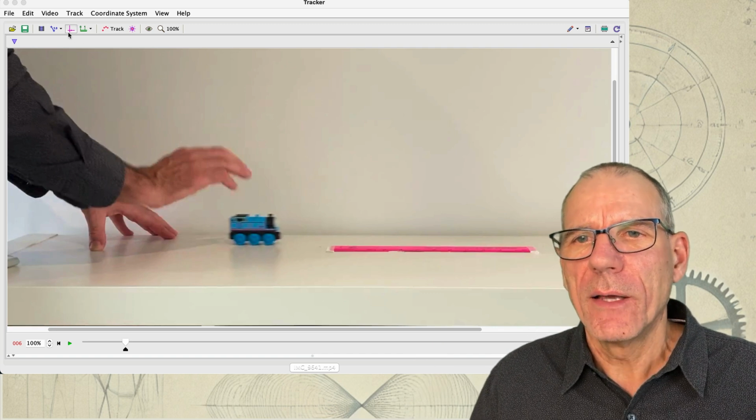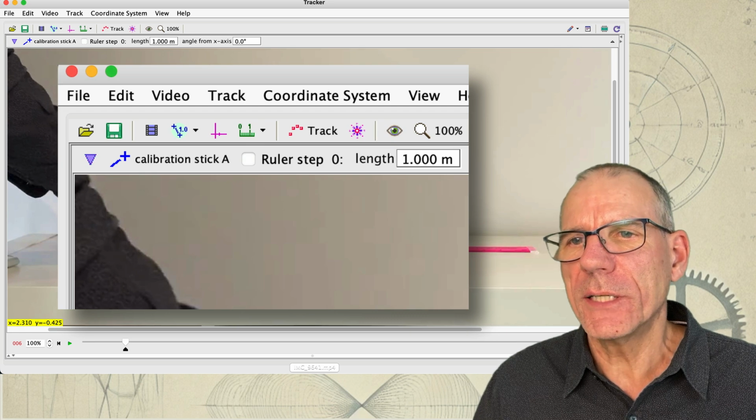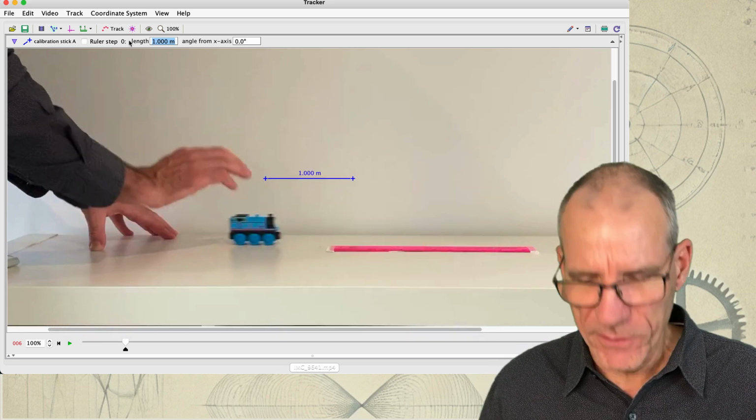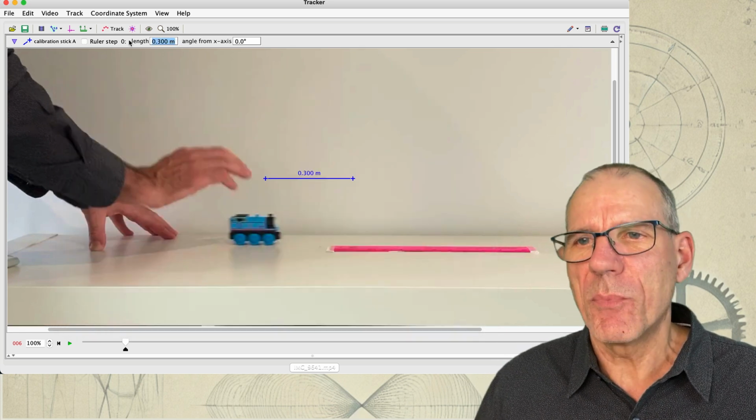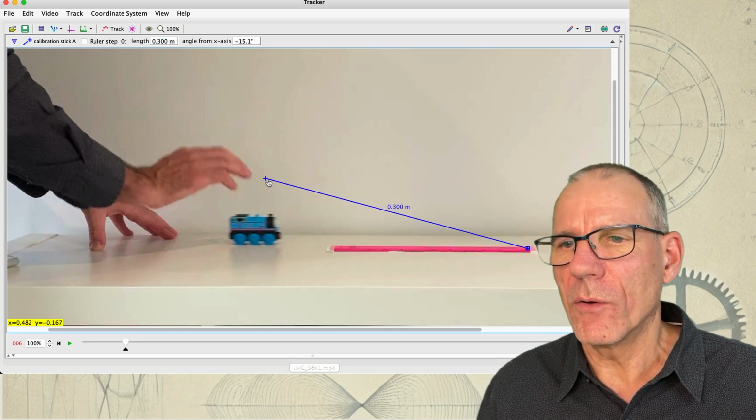So to do that, we come up here and we're going to set ourselves a new calibration stick. Now, it thinks that that's a meter long. In fact, it's not a meter long. It's 0.3 of a meter long, and we need to tell it what 0.3 of a meter long looks like